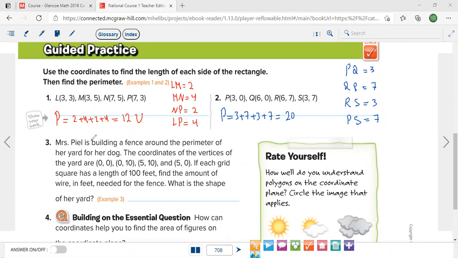Mrs. Pyle is building a fence around the perimeter of her yard for her dog. The coordinates of the vertices of the yard are (0, 0), (0, 10), (5, 10), (5, 0). If each grid square has length of 100 feet, so if we name this one as A, B, C, and D, we can find AB, cancel out the 0, it will be 10. We can find BC, cancel out the 10, so 5 minus 0 is 5. We can find